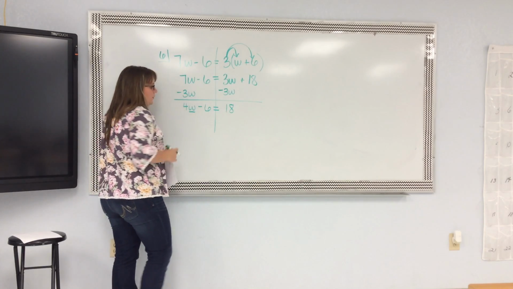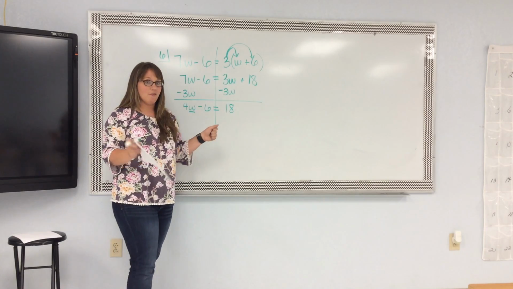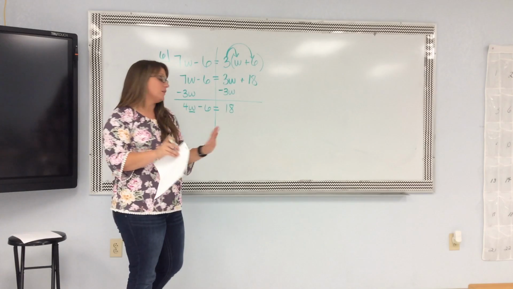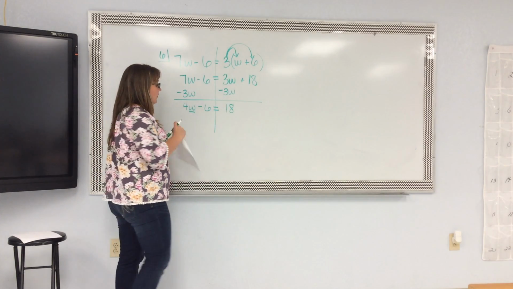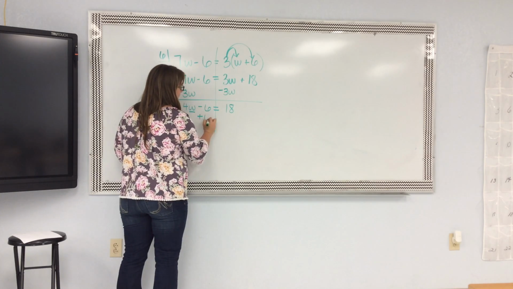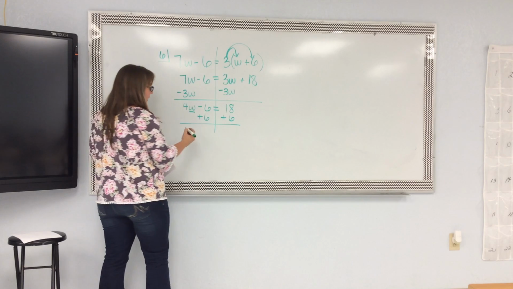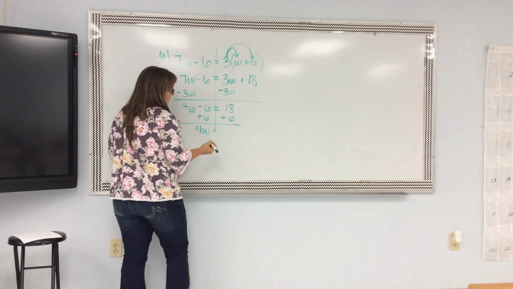I want to get this w by itself, so I have to get rid of a 4 and a minus 6. That 4 is attached to the w, so I'm going to leave that alone for a second and start working on my layers on the outside. So I'm going to get rid of a minus 6 first. To get rid of a minus 6, I plus 6. If I do it to one side, I must do it to the other. 4w is equal to 18 plus 6